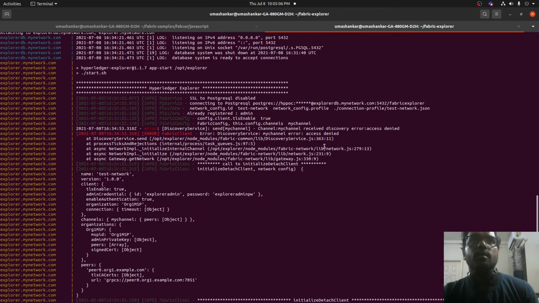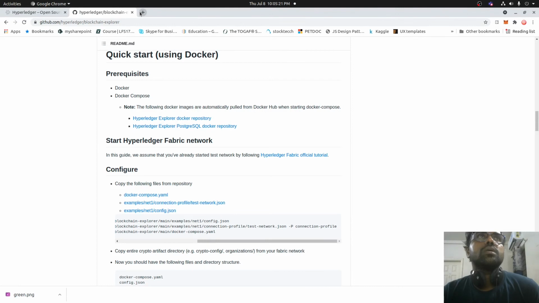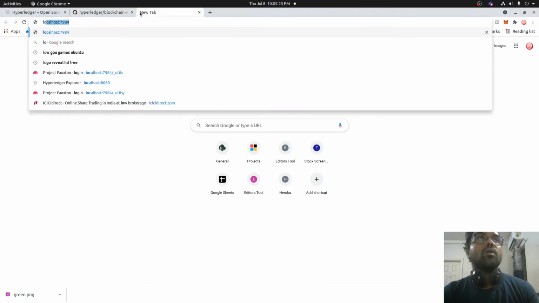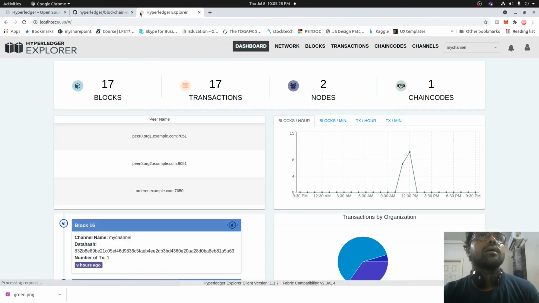Still, some error is showing up. It is not able to discover, it's failed. Let's close this and open it again. Localhost 8080. Nope.